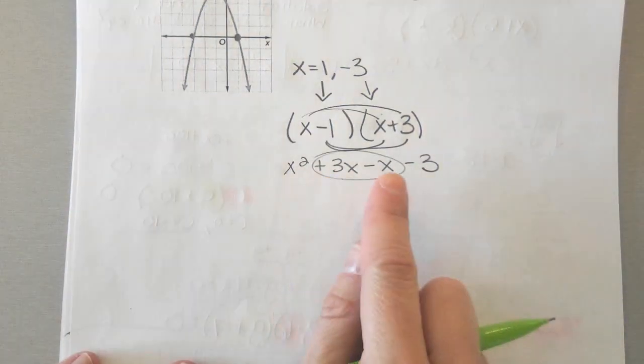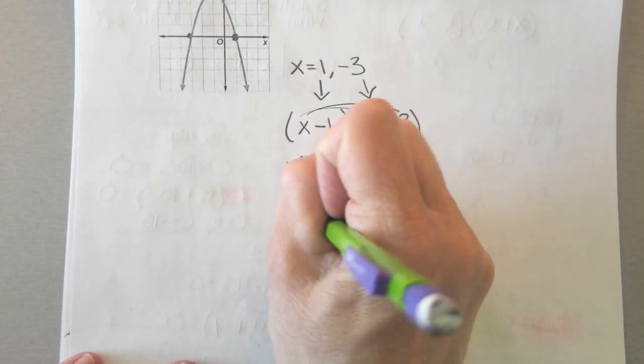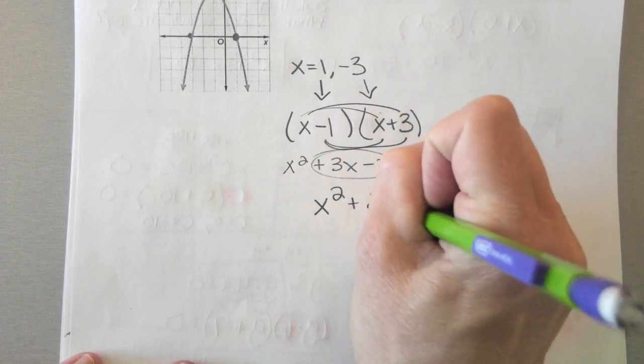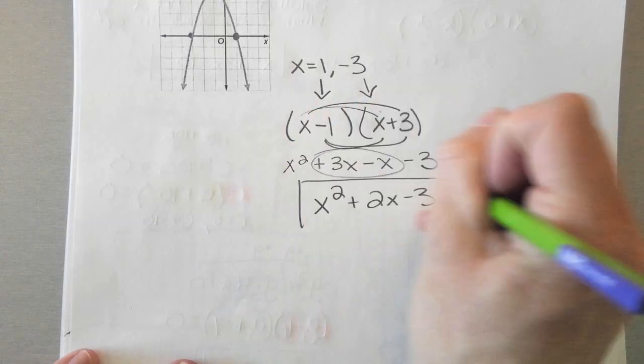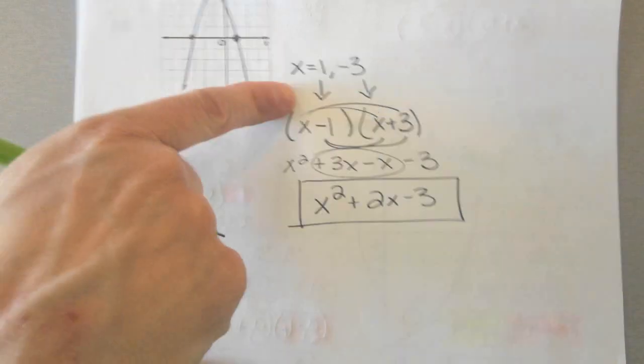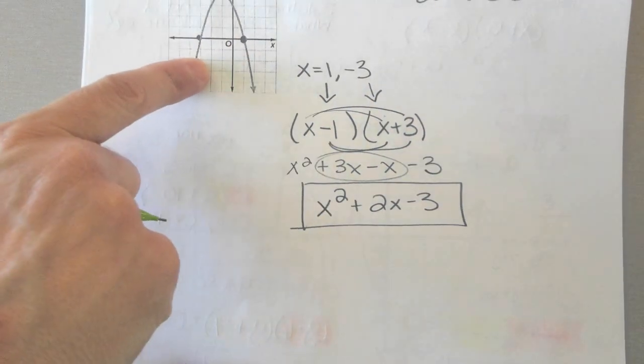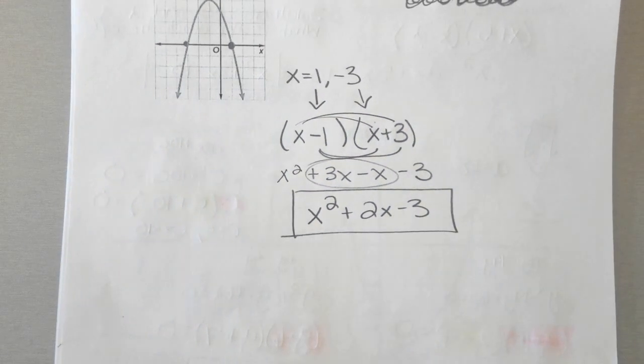If I have 3 x's and somebody takes 1 away, how many do I have left? So this is going to be my final answer. So this equation would have given me these 2 solutions and this graph. Ta-da! Okay,